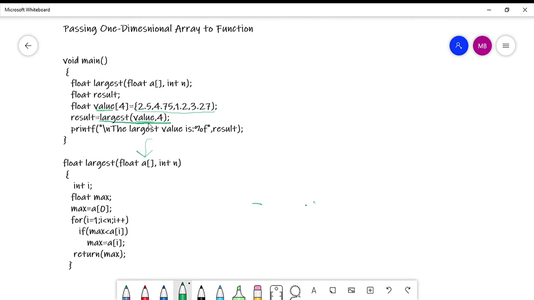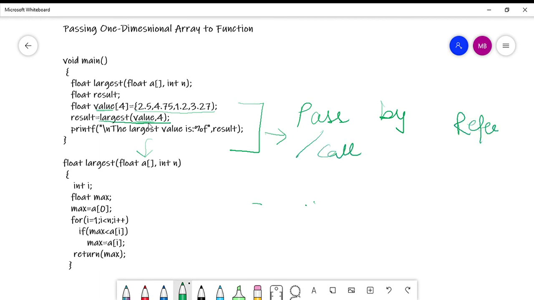So this is basically the concept of passing an array, which uses pass by reference, because in the case of arrays it is not possible to pass arguments by value.